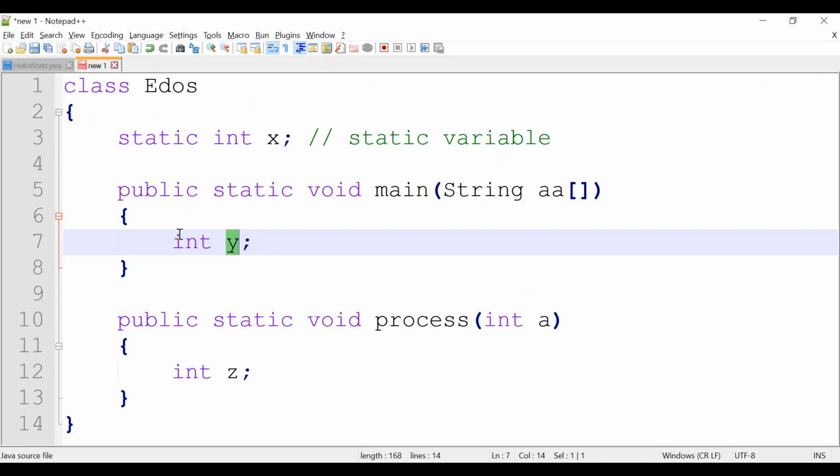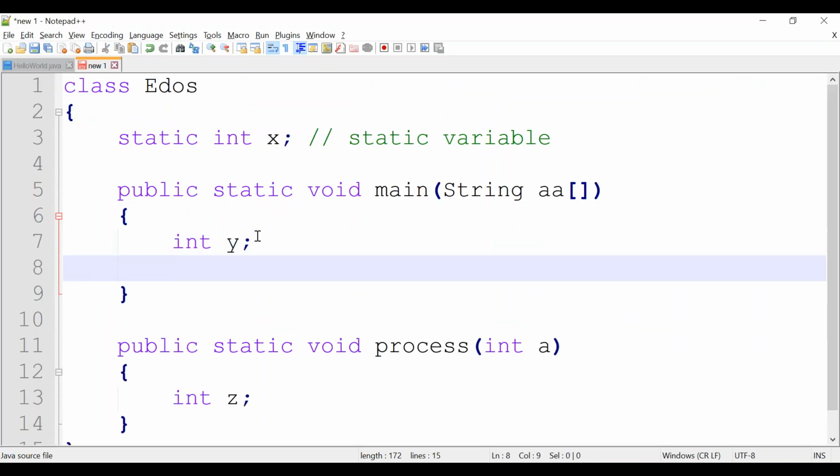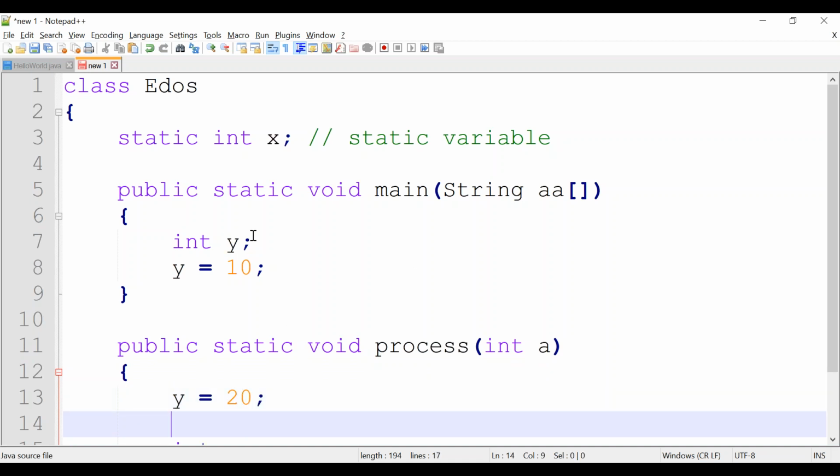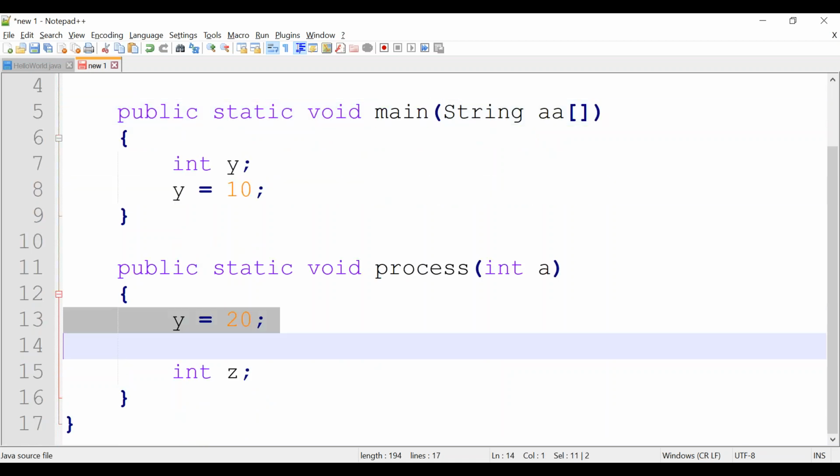Here, if you see, the y variable you can use inside the main method only. Here I cannot use y, I cannot print it, I cannot reinitialize y, I cannot use y again here, because y's scope or visibility is inside the main method only. Correct.